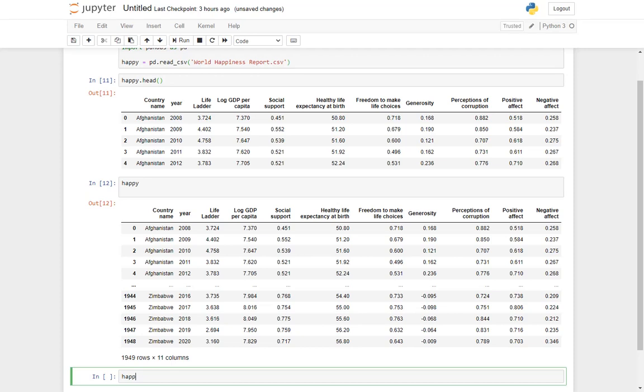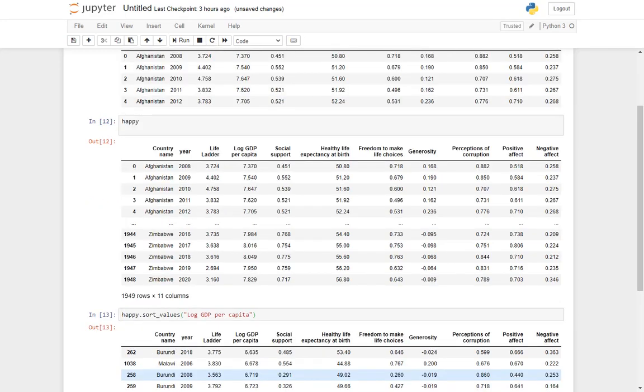So now let us sort. The name of the function is sort underscore values. Then in the brackets, under double quotes, I have to mention which column this sorting function has to be applied on. For capita, and let's say I just want the head of, oops, sorry, wait, here what will happen, okay, I'll explain.